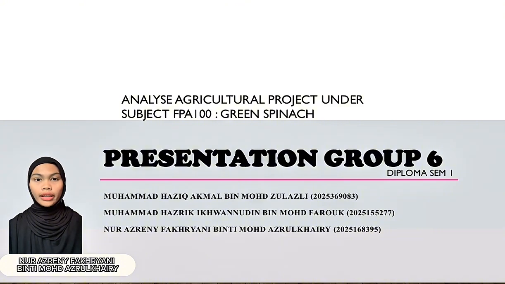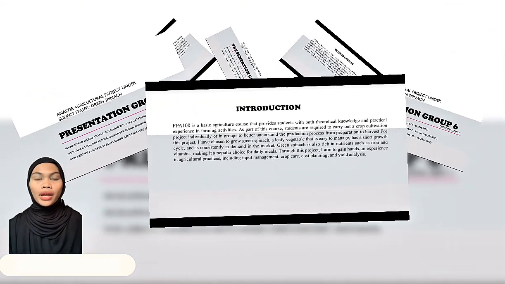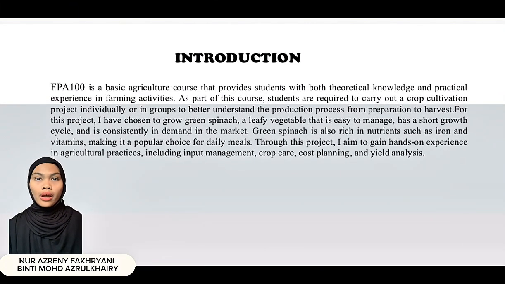Analysis of an Agriculture Project under the subject FPA 100: Green Spinach. The FPA 100 course provides us with both theoretical knowledge and practical experience, from basic agriculture concepts to hands-on field work. As part of the assignment, we must carry out an individual or group cultivation project to understand every step of